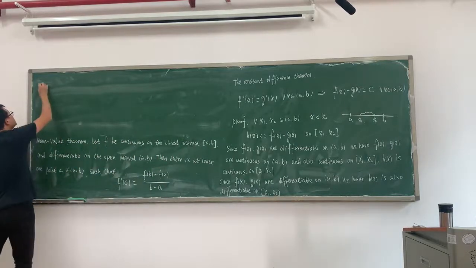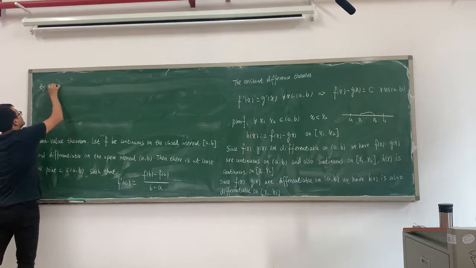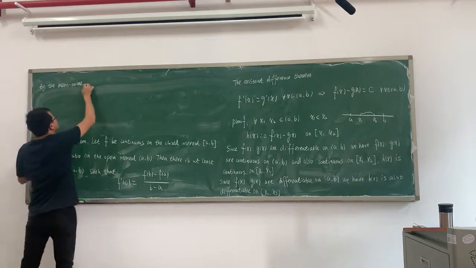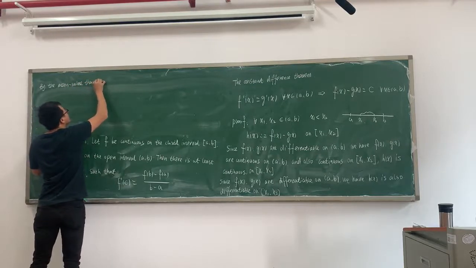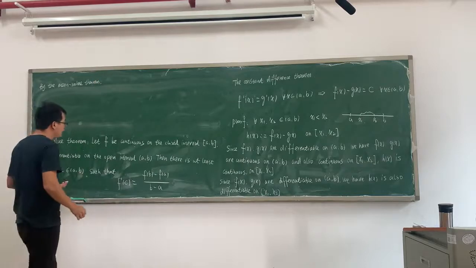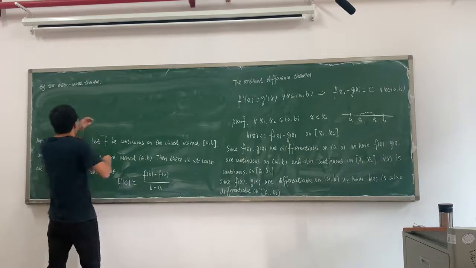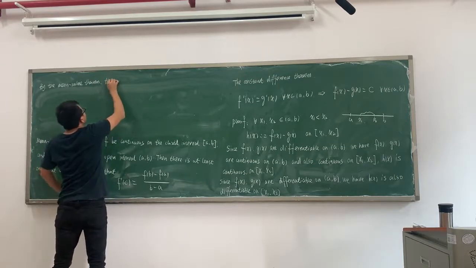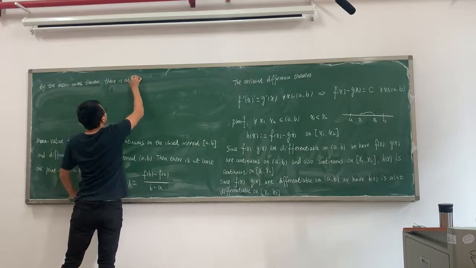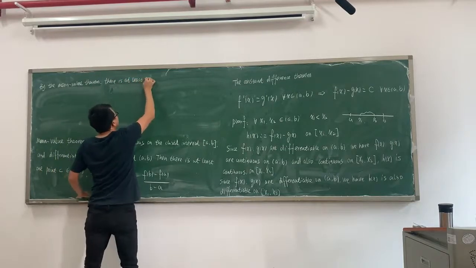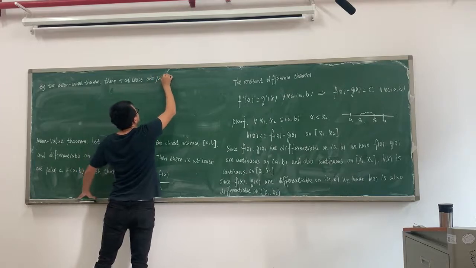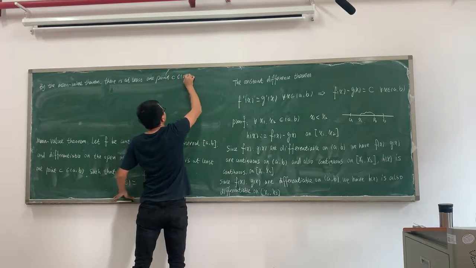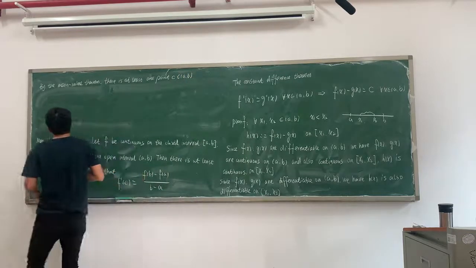So by the mean value theorem, there is at least one point c belongs to (a, b), such that